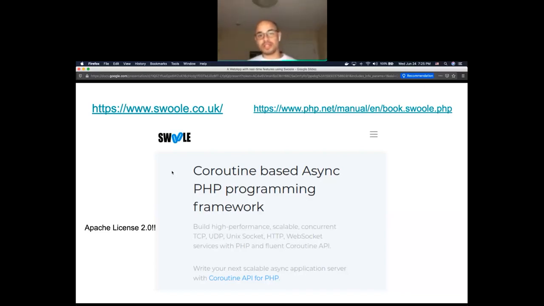So a coroutine means that Swoole is actually allowing PHP to use multiple processes in your server to multitask. When you're running a WordPress request, for example, and you open the first page of your website, WordPress is going to make a bunch of requests to the database. Depending on how you configure your website, it's going to make external calls to other services. For example, if the user is logging in with Google, probably you're going to make a request to Google